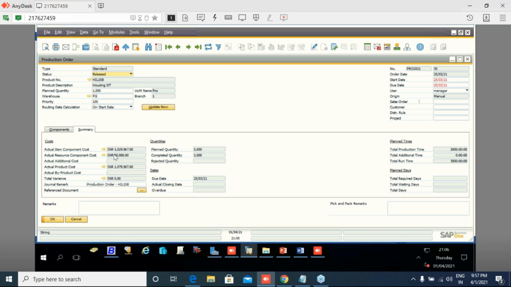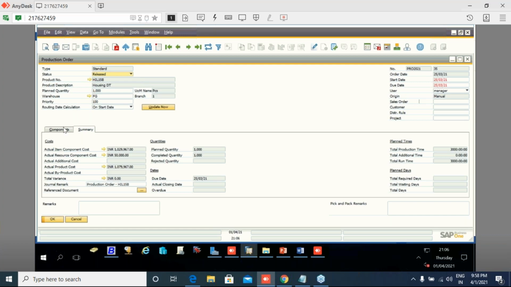In the second field, we can see the actual resource component cost, which comes from the cost we have mapped in the resource master data multiplied by the quantity.